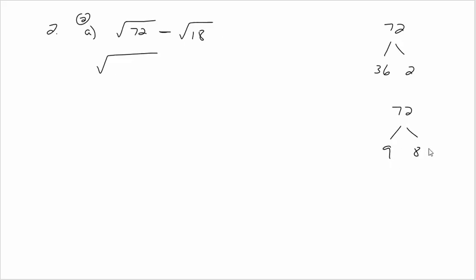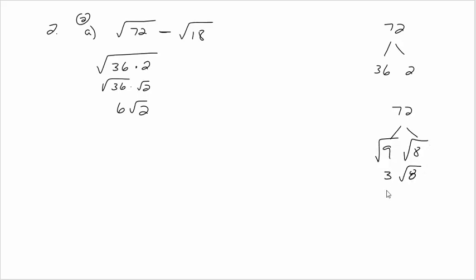And you'll get to the same answer. So let me do the fastest way over here, and then I'll show the 9 times 8 way. So if I do 36 times 2, then I can split this up, and that gives me 6 square roots of 2. Now if I would have done the 9 times 8 and split it up this way, I'd have